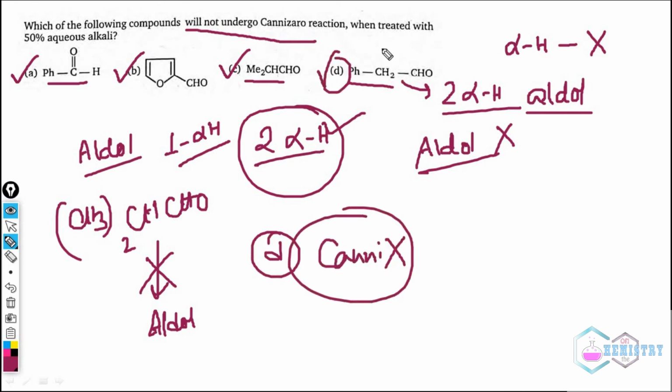So option D will be our correct answer. You just have to remember that a second alpha hydrogen is required to facilitate the aldol condensation reaction, and aldol condensation is favored in the presence of a second alpha hydrogen. So this will undergo aldol condensation and will not undergo Cannizzaro reaction, as we have been asked. Okay, so here we are concluding our reaction chemistry